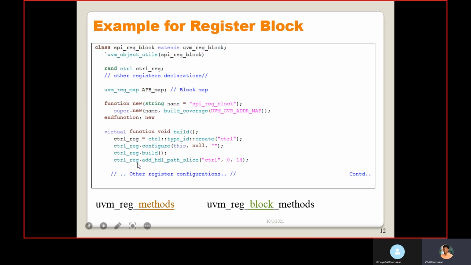Then control reg dot add_hdl_path_slice. Here we are mentioning the HDL path. If we are using backdoor access, we need to give this HDL path.